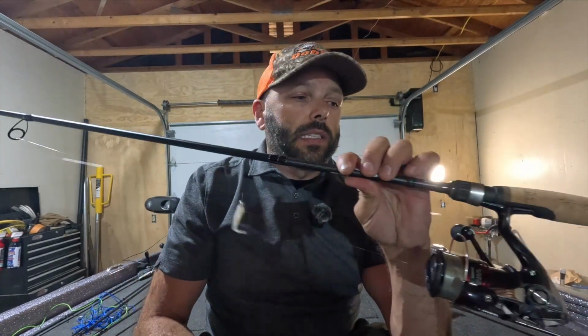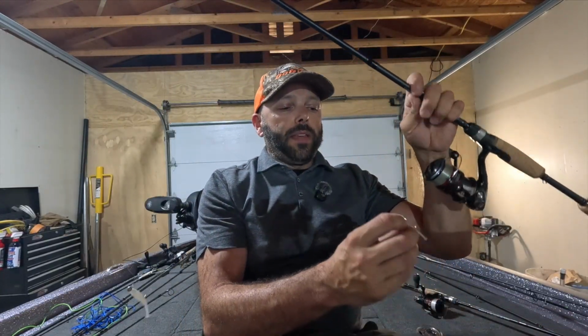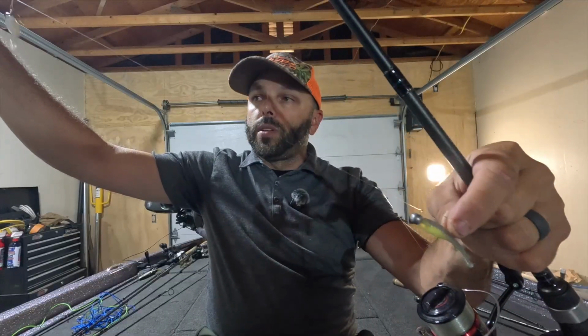On my bluegill pole, if I'm going solely after bluegills, this is 2-pound test. And what you'll see here is there's actually 2 jigs tied on. This one happens to be a 3/32 and a 16th. A lot of times I'll go 16th and an 8th. As you can see, I'll tie that dropper loop and then just leave a long tag end. And then about a foot to 18 inches down, I'll tie on a heavier jig. So this one is 16th on the top,